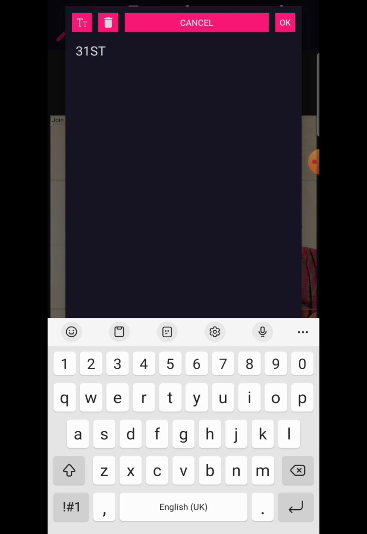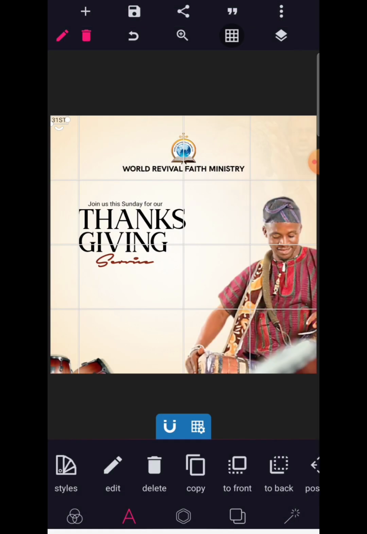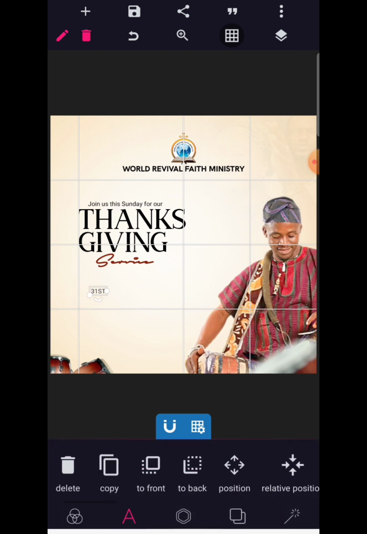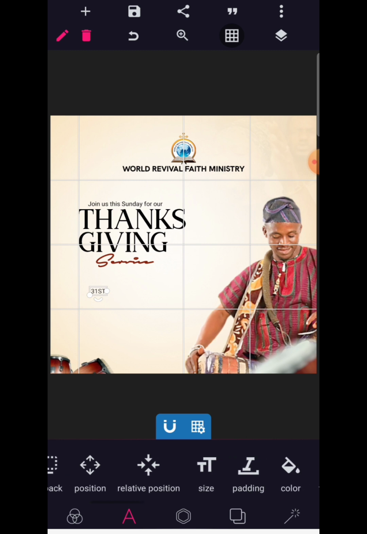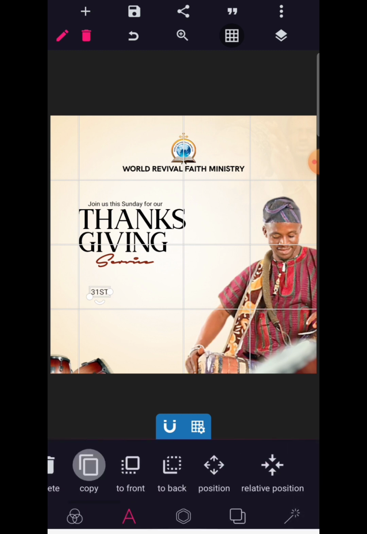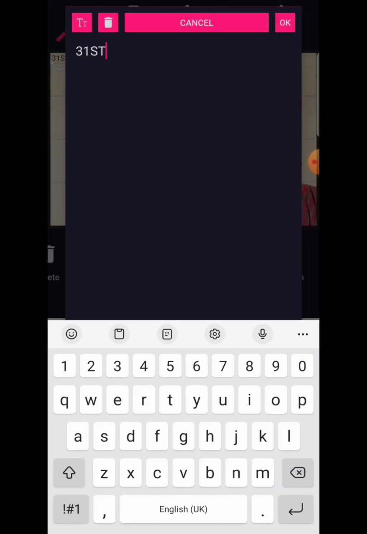It's coming up this Sunday, and we're going to use position button to move it faster down here, and look at what we're going to do. We're going to increase it in size a bit, just to about 30. Then we're going to once more copy the text and write